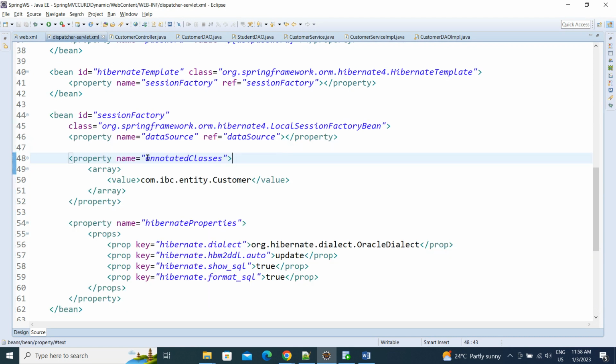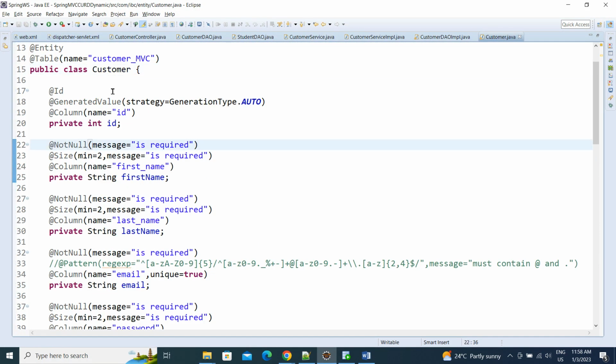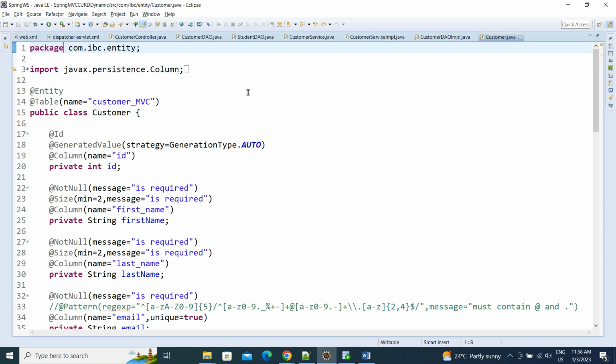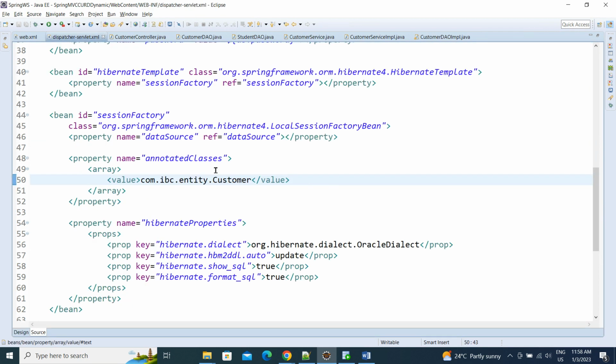But before, we used the property packagesToScan, right? For that we used the model class package. In this case we use annotatedClasses. Given anything we can use it. So this is our entity class. Whatever classes we are listing with the annotatedClasses property,